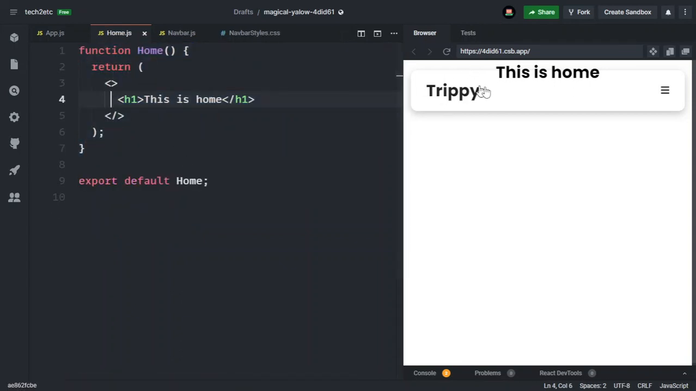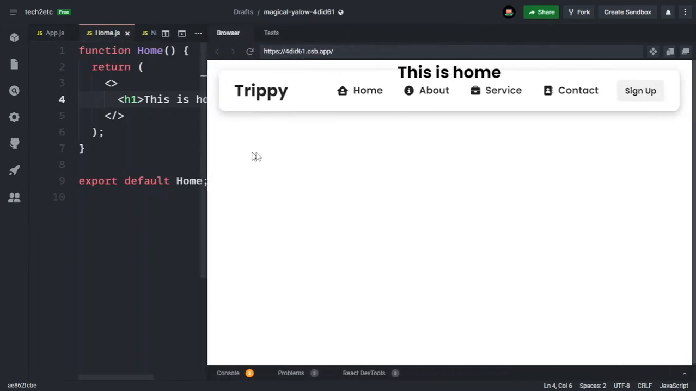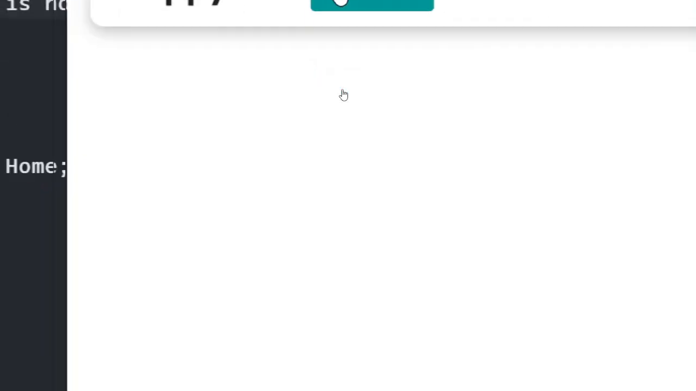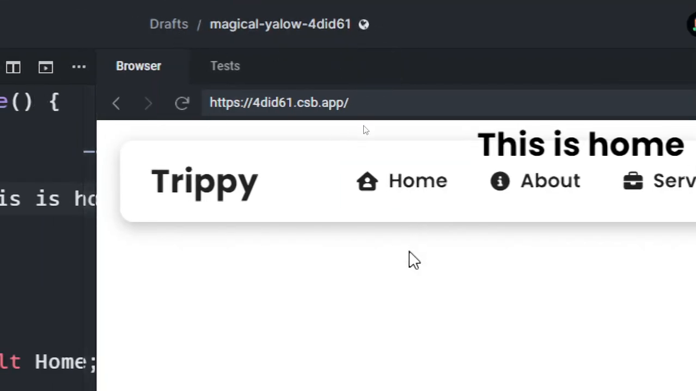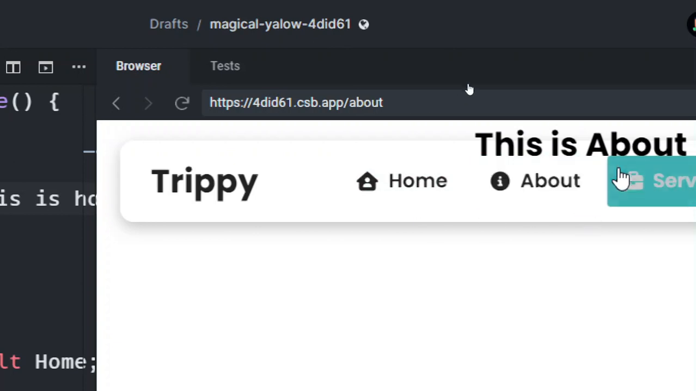Okay, now here you can see that on the screen we have our home page. Now I want to see if our other links are working or not. If I click about, here you can see that now we have this is about, and our URL is also changing. Before it was only slash. If I zoom, here you can see that right now it is only slash, and if I click on about, here you can see that we have a slash about URL,